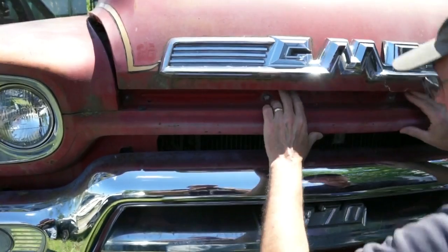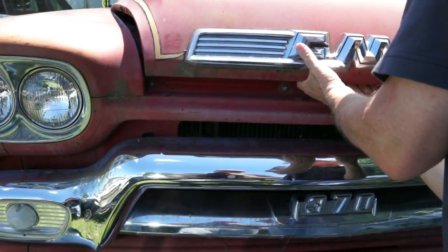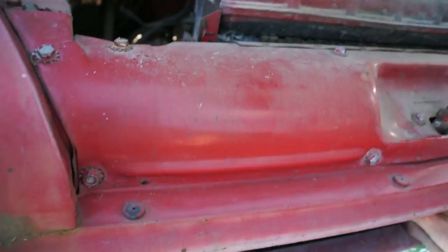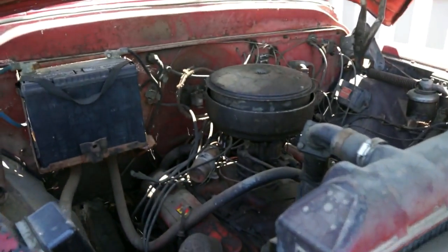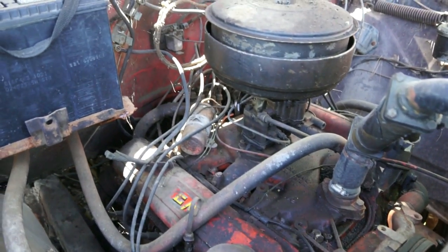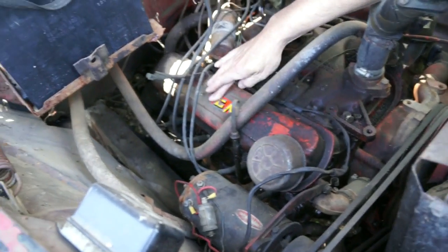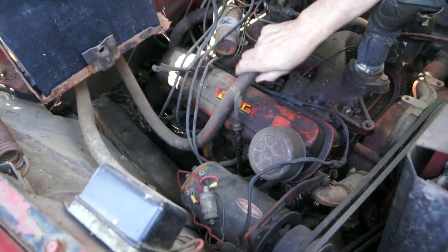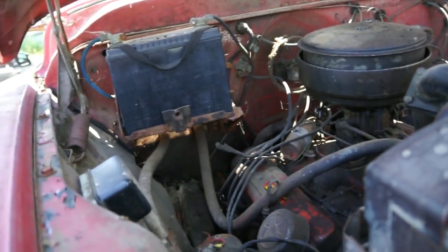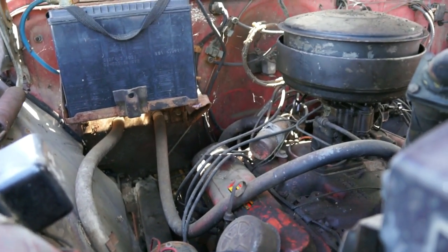I only see a real couple minor cosmetic dings on the grill. This could be a little issue. There we go. All right. So it definitely looks like a Pontiac to me. It's got an alternator. It says GMC, but we know it's not a GMC motor. There's one wire here. We think it's a ground wire that goes down to the engine block. We'll have to see about